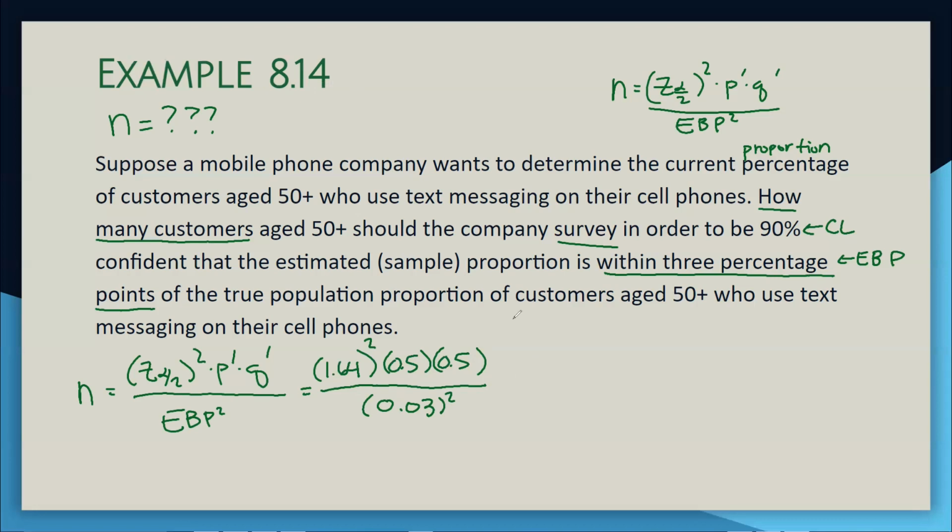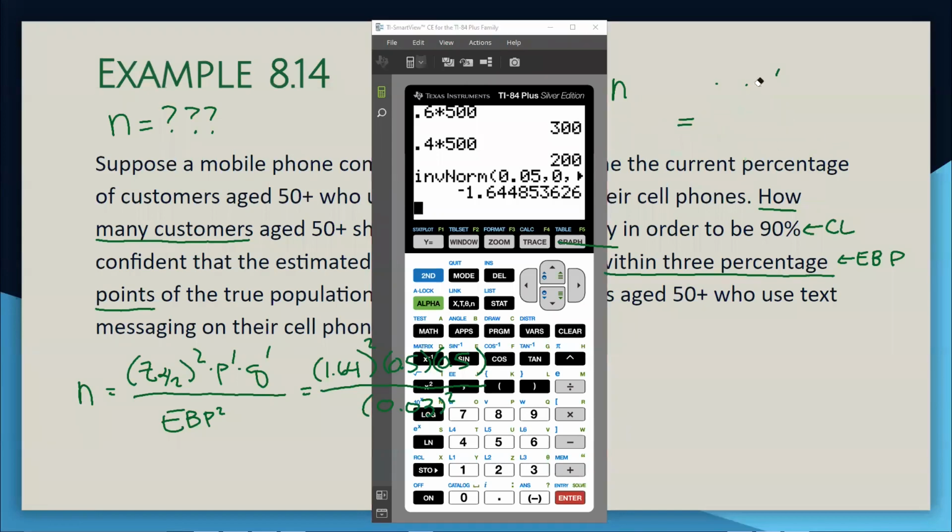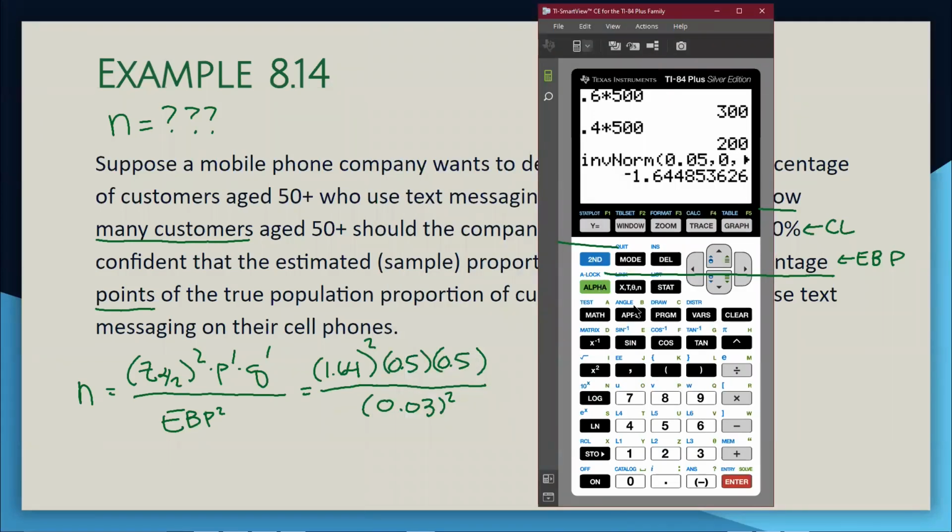From here, this is something we can check easily on our calculator. So we're going to pull back up our TI-84s, and we're just going to plug and chug that formula. So we have 1.64 squared times 0.5 times 0.5 divided by 0.03 squared. We hit enter and we get